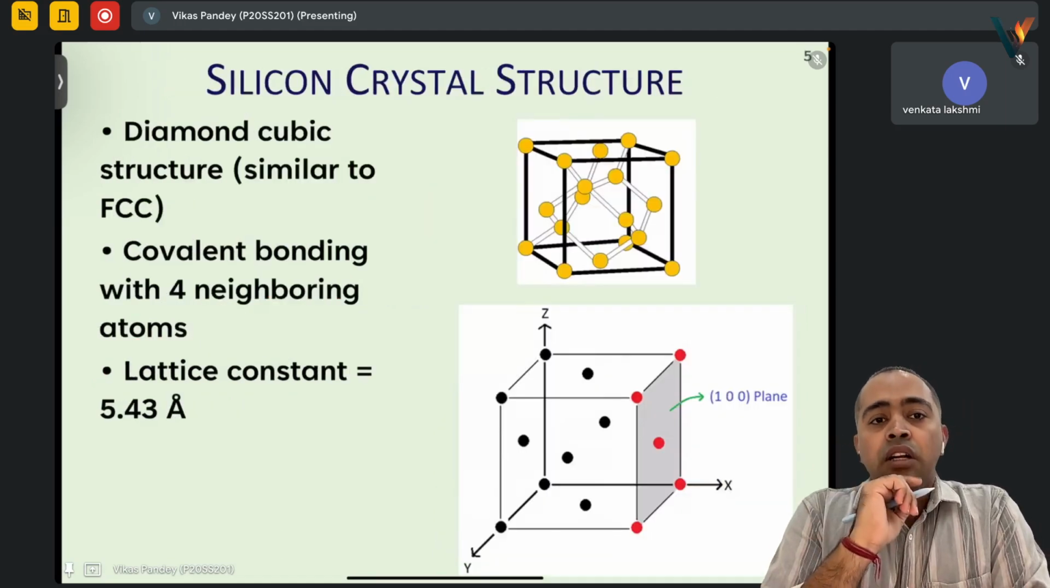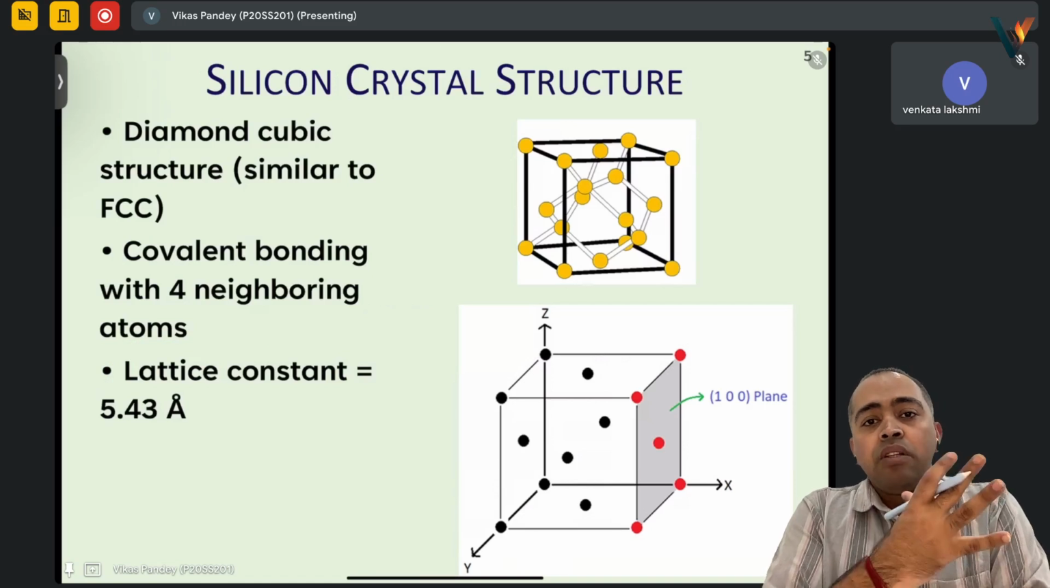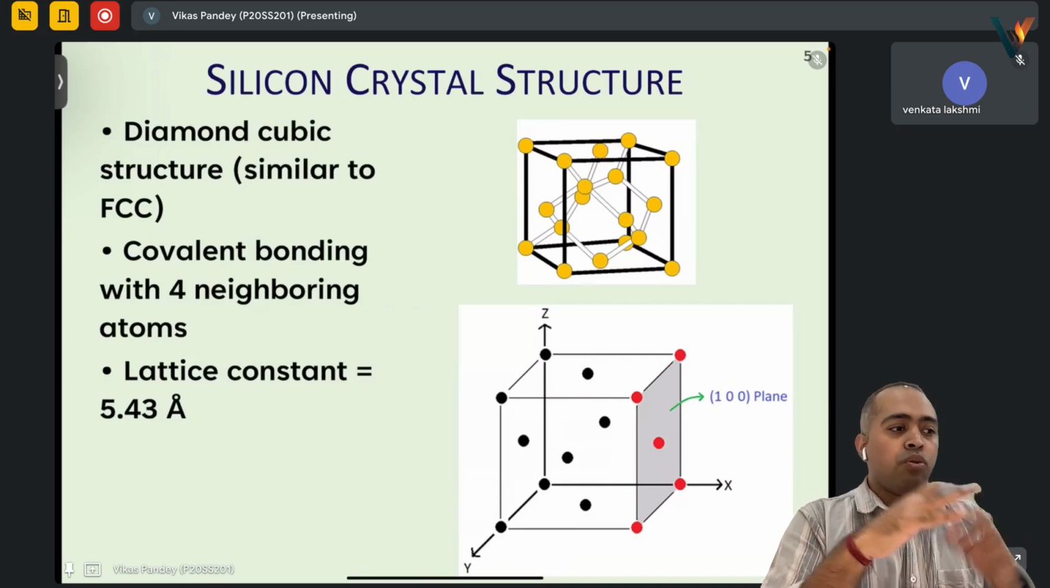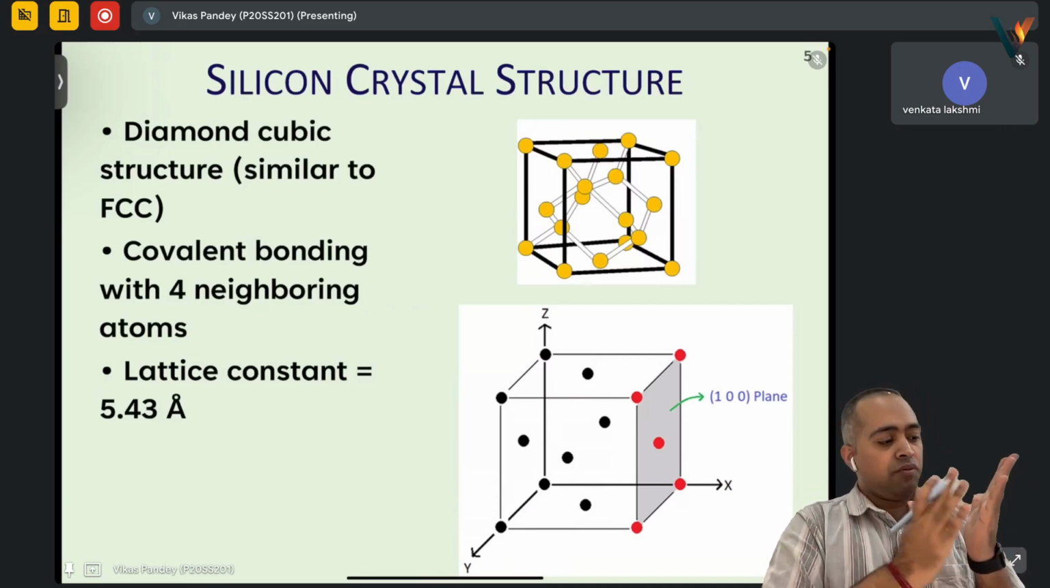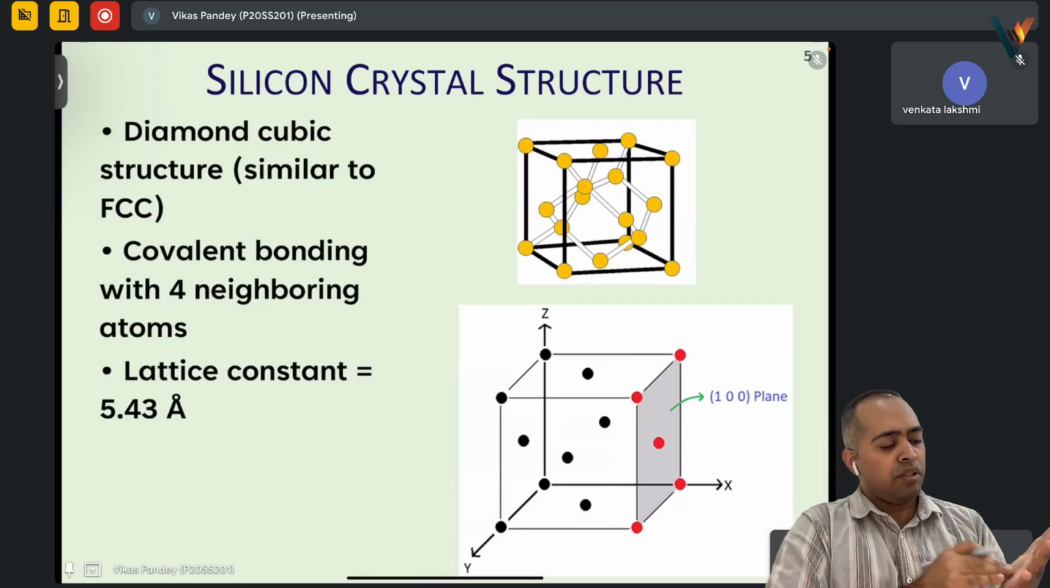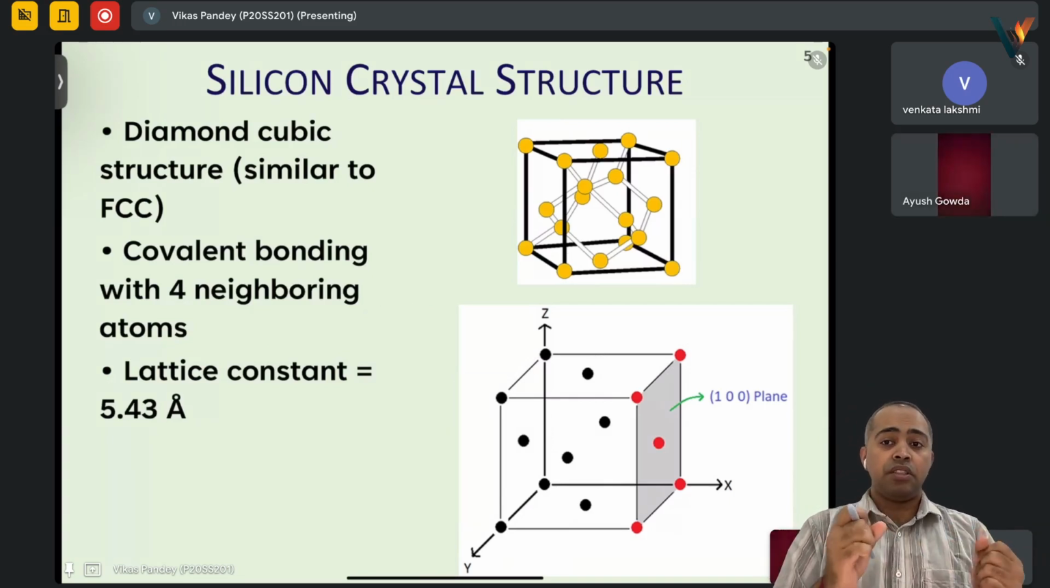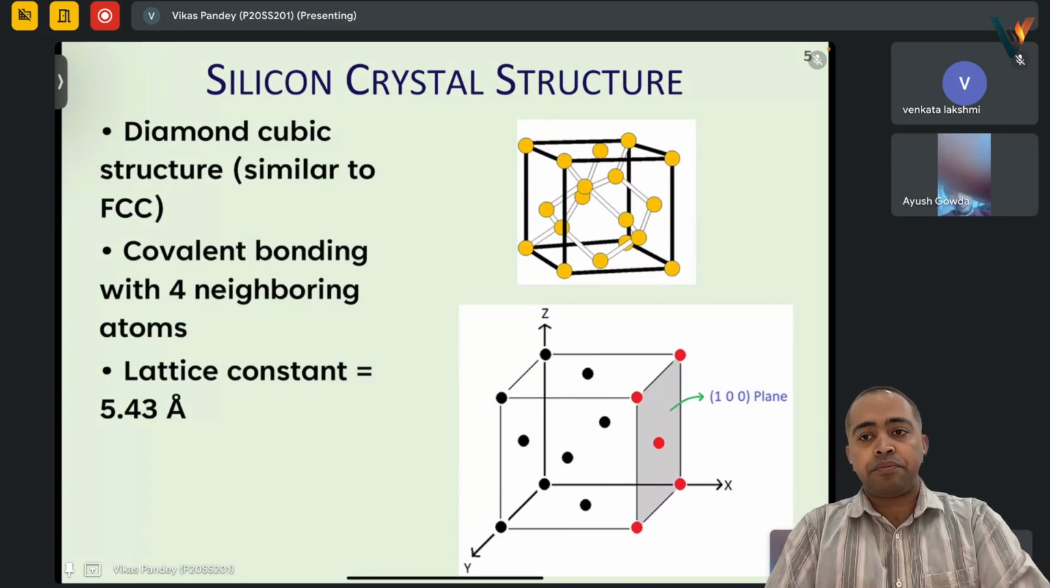So to start with, how the silicon crystal looks like. One very important thing of using silicon is that